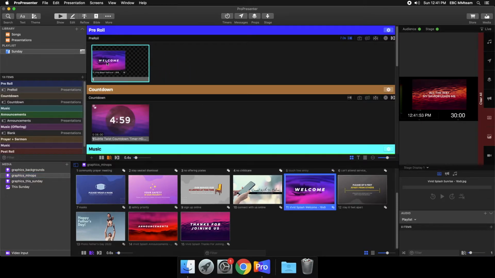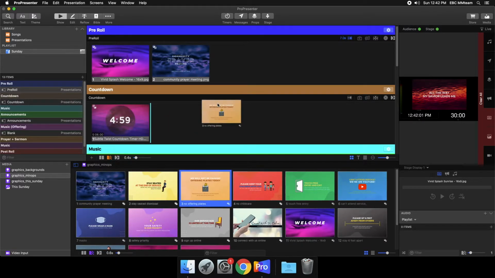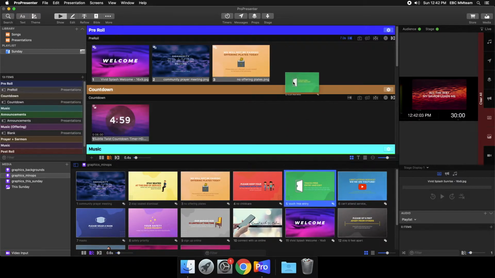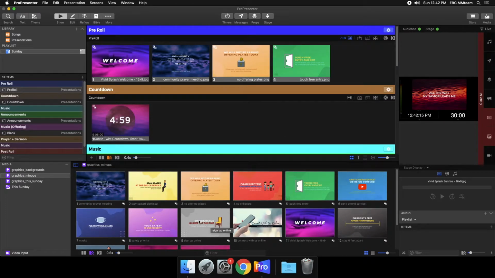It'll be a looping slide, so you can put them in any order you would like. So these are all announcements that apply for this Sunday. And you'll need to make sure you see what's on these announcement slides. For example, thanks for joining us is more of an ending slide, so we don't really put that in the beginning. So you just pick and choose what you need in the pre-roll, and it is preset to automatically loop